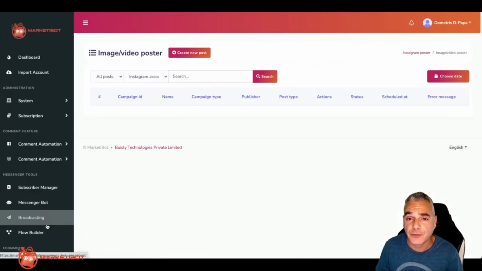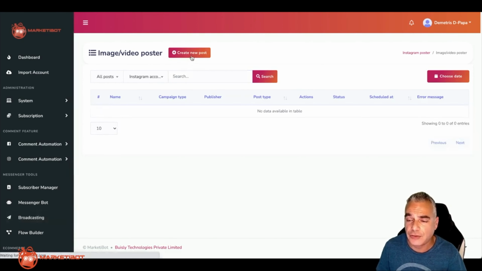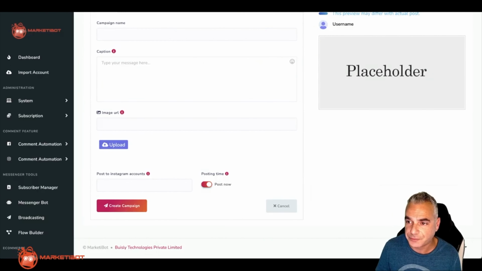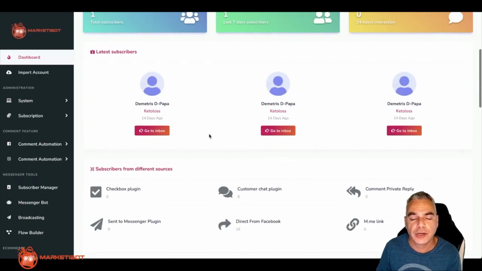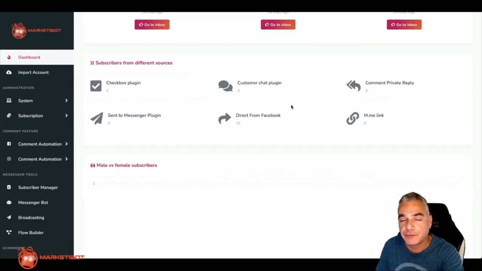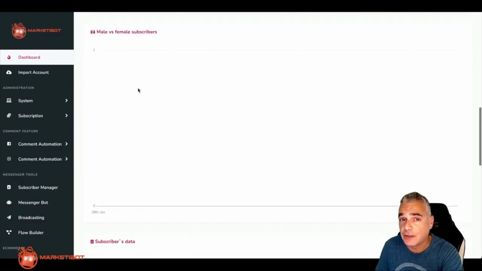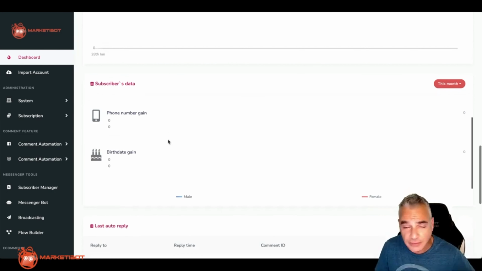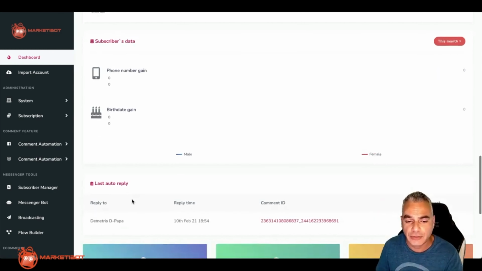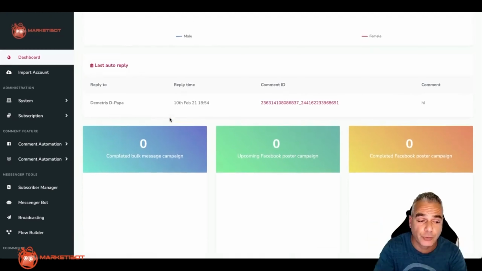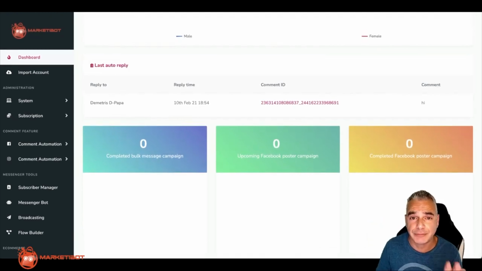You can do the same thing for Instagram posting as well, and you can start posting on Instagram and all the details, etc. And on your main dashboard, you're going to be able to see all your latest subscribers from here, the subscribers from different sources, the male versus female subscribers, all the data regarding your subscribers, and any kind of interaction that's happened to your pages is going to be able to control from this dashboard